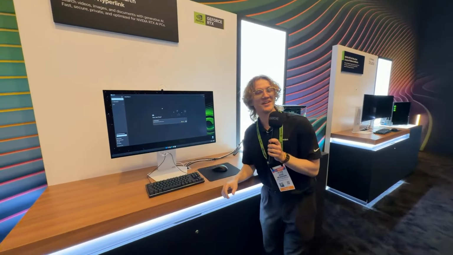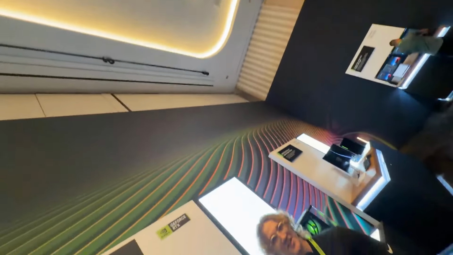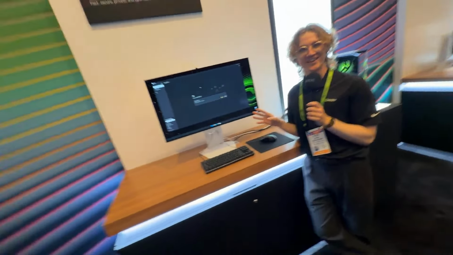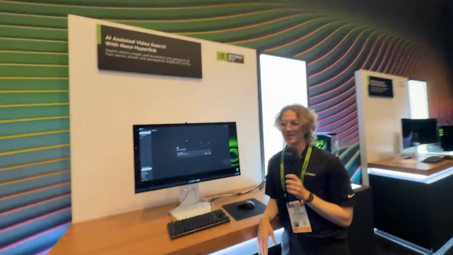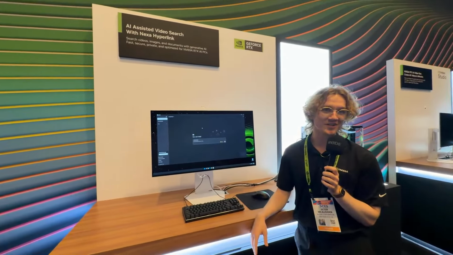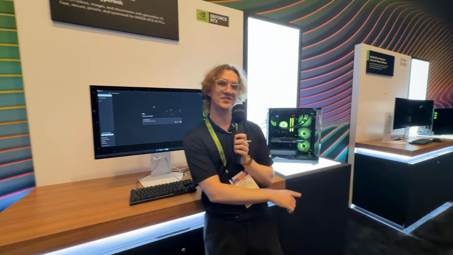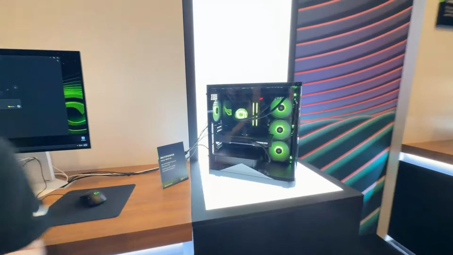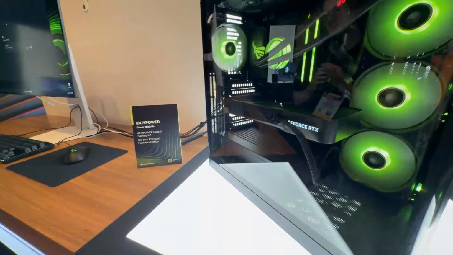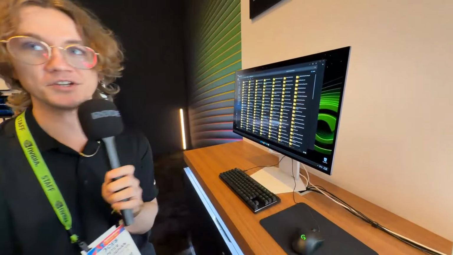Hi, I'm Peter. I'm an engineer on NVIDIA's tech marketing team. And like Gerardo said, I'm going to show off a partner app right now, Nexa AI's Hyperlink. What Hyperlink is, in a sentence, is kind of like an AI search assistant for your hard drive. It allows you to index files across your local file system such that you can use natural language to search through all your stuff rather than go through the typical file explorer experience